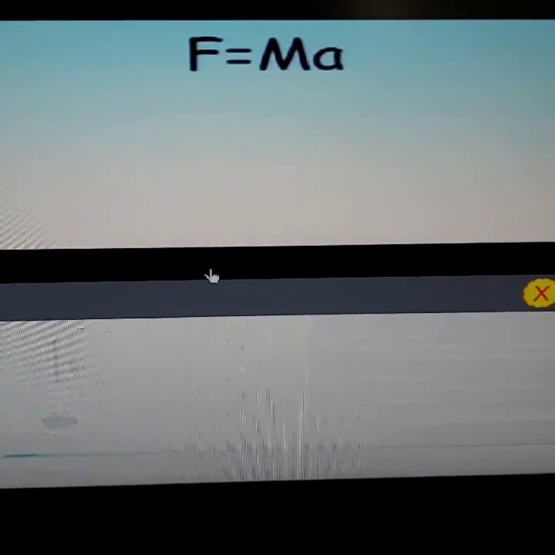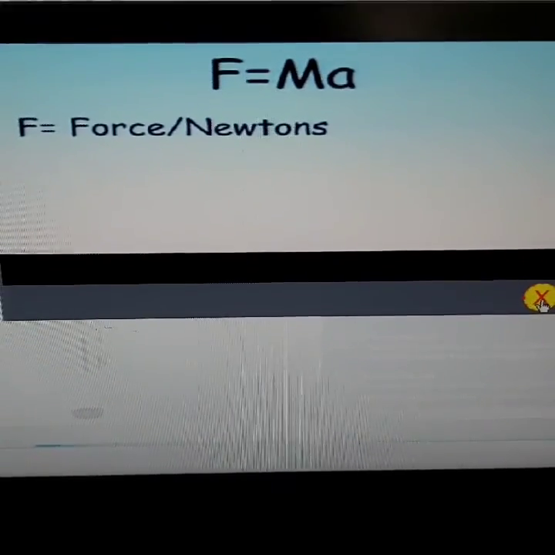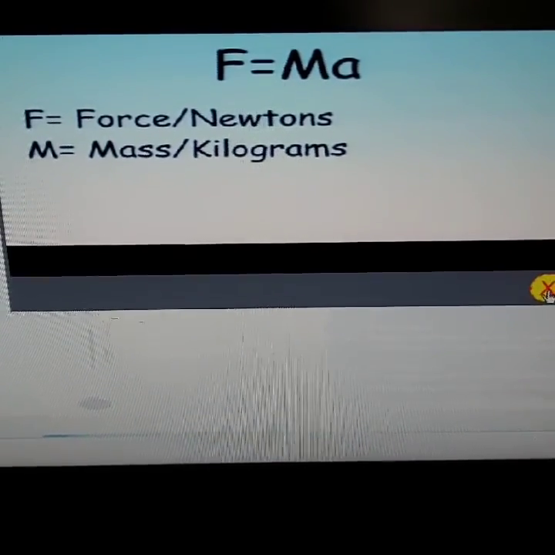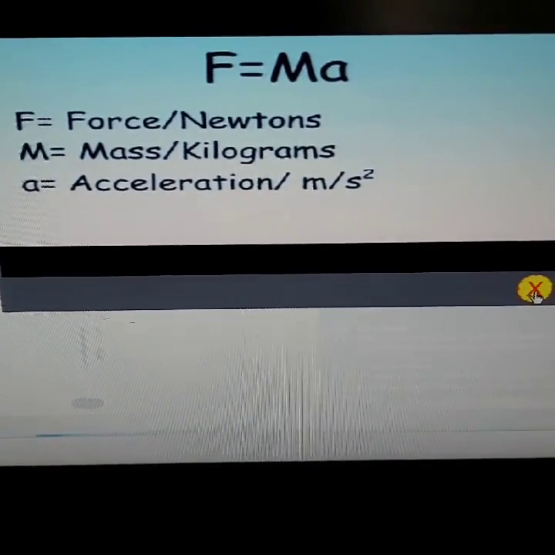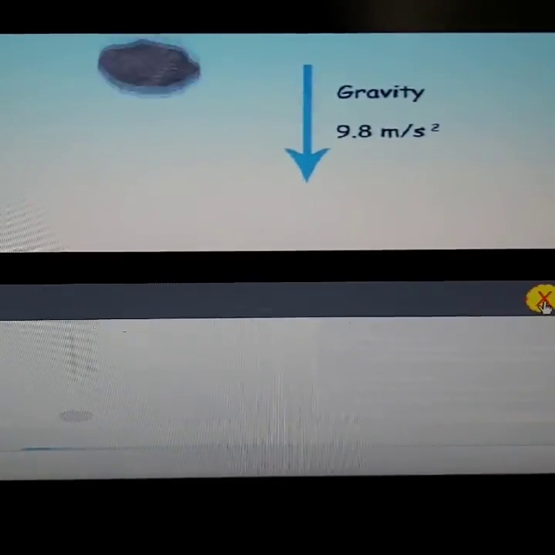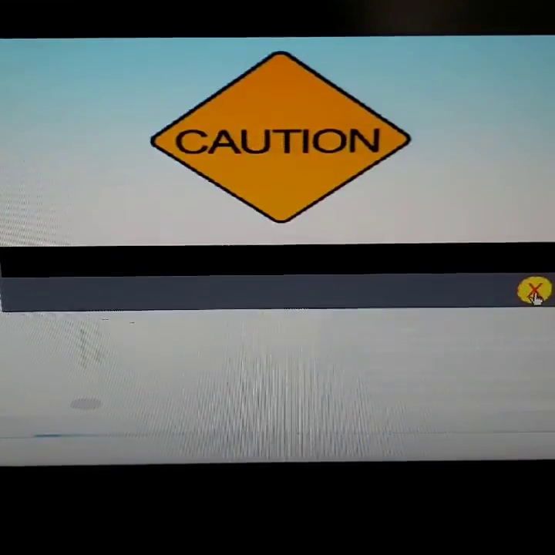F equals ma is the formula used in physics to determine the strength of a force. F stands for force and is measured in newtons. M stands for mass and is measured in kilograms. And a stands for acceleration and is measured in meters per second squared. In the case of Hooke's law, the acceleration will be gravity, 9.8 meters per second squared. Some precautions you will need to take include clamping the stand